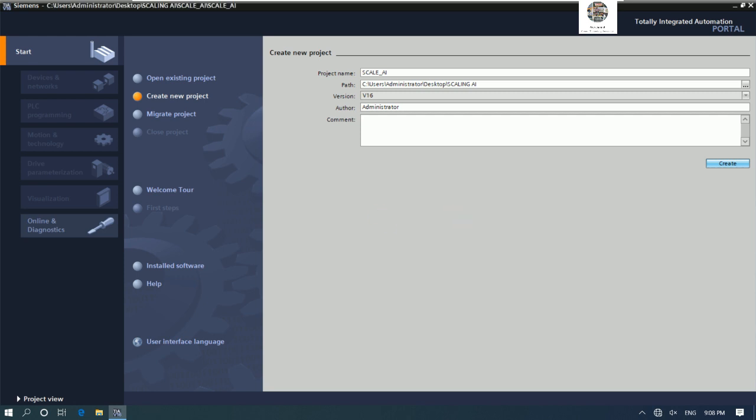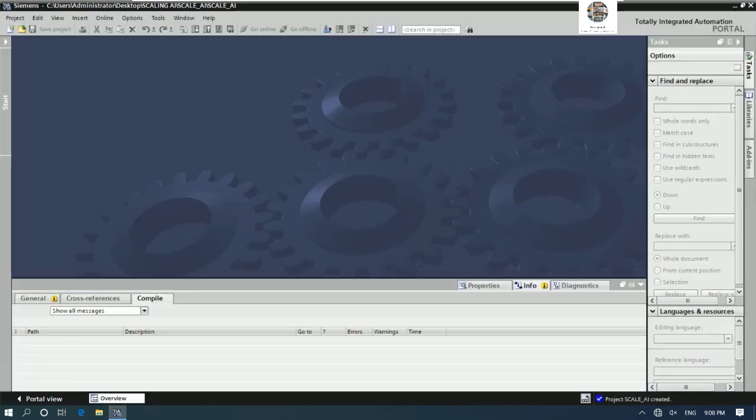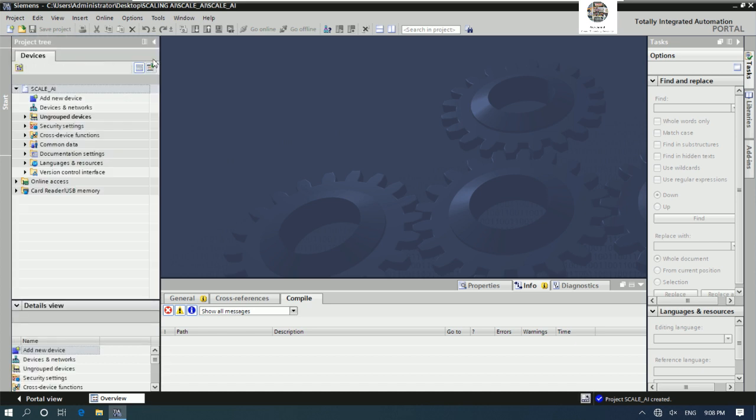Okay, so wait a moment for creating the project. Yes, so right now let's go to project view, and then we need to create the hardware configuration, right? So to create a device, let's go to add new device, double click,